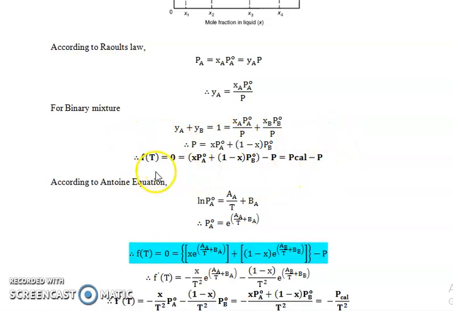Now obviously this function has to be converted in terms of temperature. We need to calculate the Pa value, that is the pressure value, as a function of the temperature value. So we need to convert by using the Antoine equation, which will be in this format. That will be converted into Pa and Pb. Those Pa and Pb values we put into this equation of Ft. If we put them in, we get the Ft function, or the final function, in the format of this equation. So in this particular format we need to calculate the values.